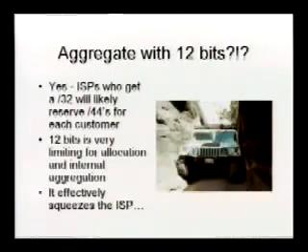What we end up with is 12 bits for a typical size ISP, not one of the gargantuan guys who are getting /19s. If you get a /32 and you're reserving a /44 for your customer, you only have 12 bits left over. But this is for long-term use and internal aggregation. It really squeezes the ISP.